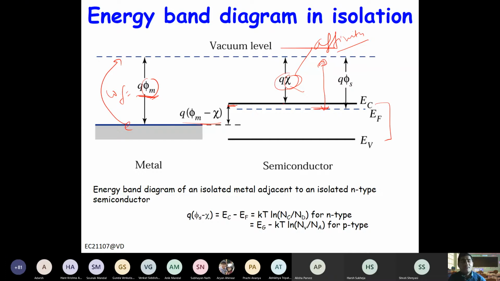Now, when they come in contact, what will happen? These Fermi levels will be aligned, right? And this will remain as it is because these are the band alignments. They are not going to change. So if the Fermi level is here, this will also come here, and it will smoothly change from this position. So the conduction band will look like this, and the Fermi level will be here. So you see, for electrons, this will be the barrier, and this is called basically the barrier from the metal side. And this will be the barrier from the semiconductor side.